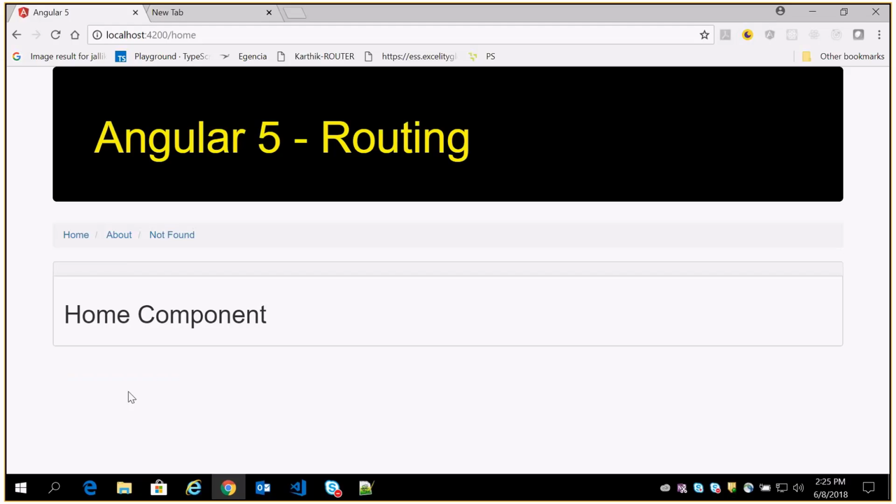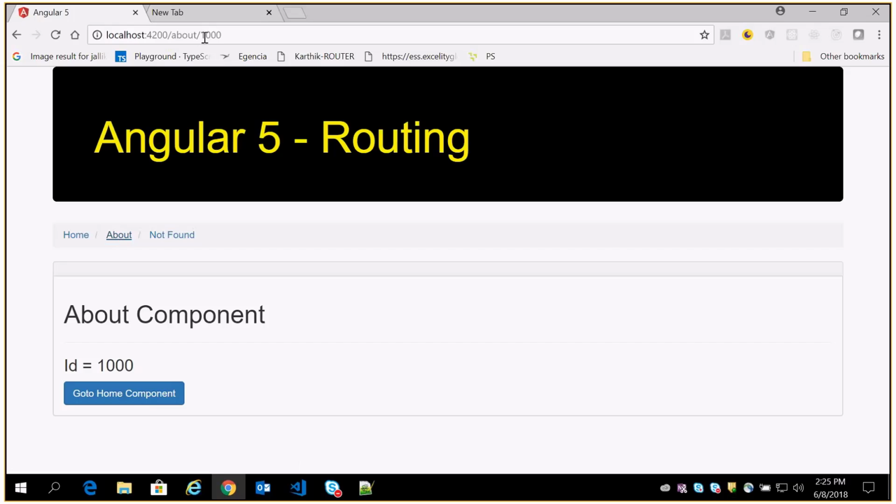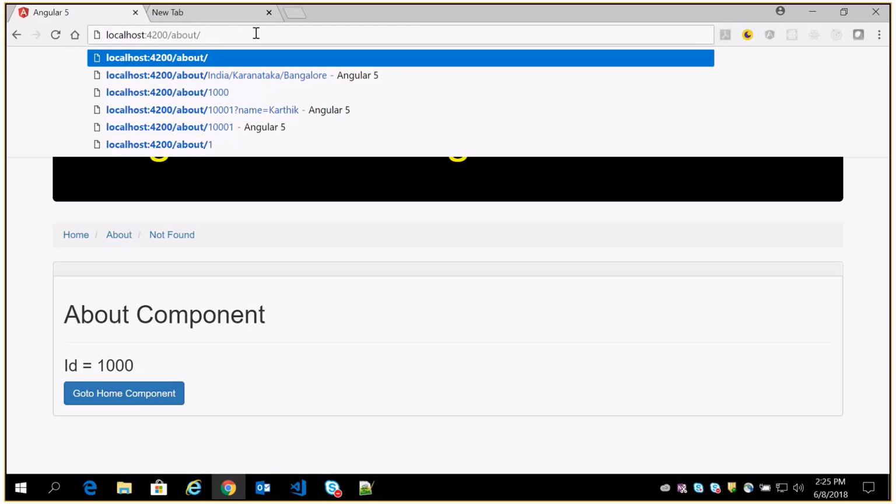Okay, so in this demo we have seen how to receive the path parameter from the route. So far it's working good. But what happens if I give some route like slash about 1000? It will work. Any integer number it will work, and it will work for negative values also.